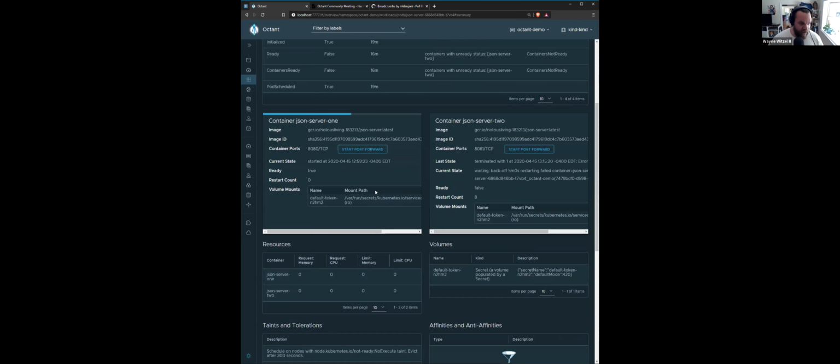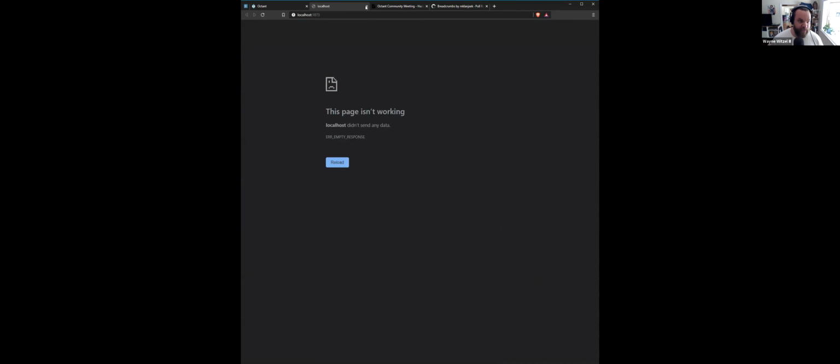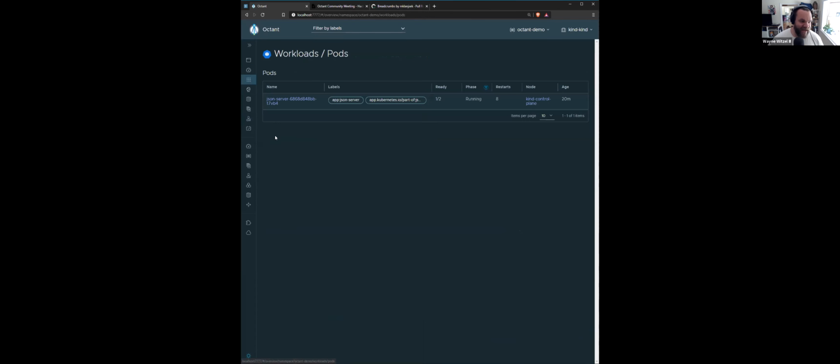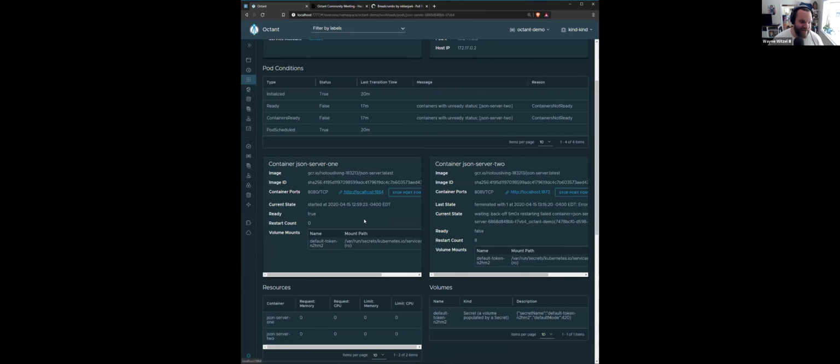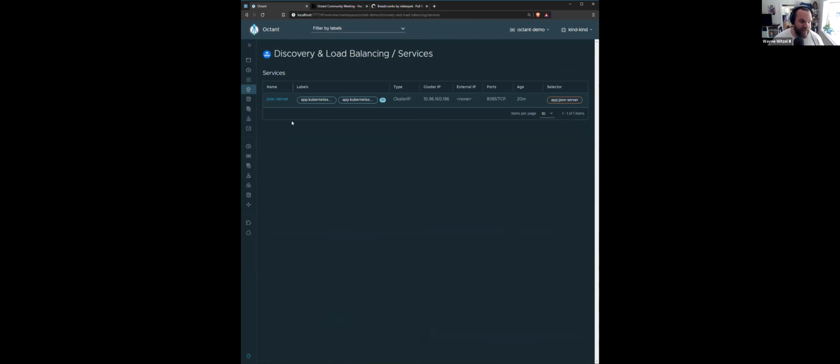Let's see, I think this will work. So if I pop open a port forward, I go to the logs. No, my service is broken, so I can't actually port forward to it. Maybe this one works. No. I haphazardly just tossed 2 containers into the same thing, so it's not actually a good representation of what you would see. It's running, but I can't port forward to it because it doesn't actually bind to the service. So if I go to services here,